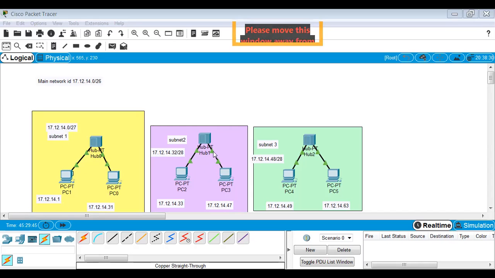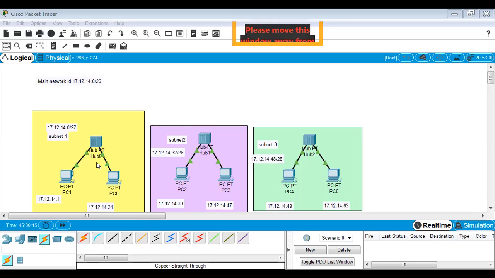Similarly for this one, for any of the IP address you apply the 28 mask, you will get this number. So this number uniquely identifies the network ID of the subnet. Similarly for the third network, when you apply the mask, you get this as the network ID. That is because the way the IP address is assigned isn't random. So we're not giving random IP addresses.